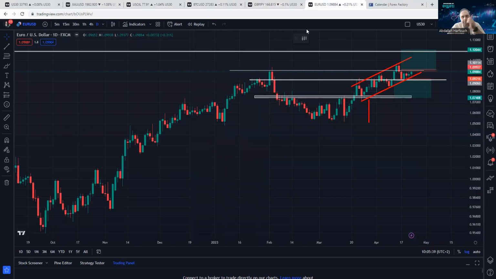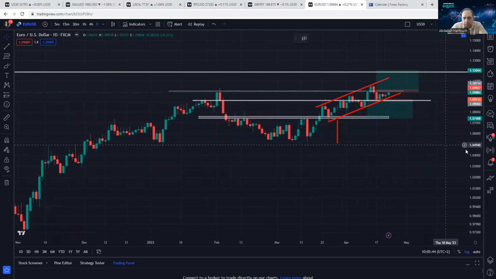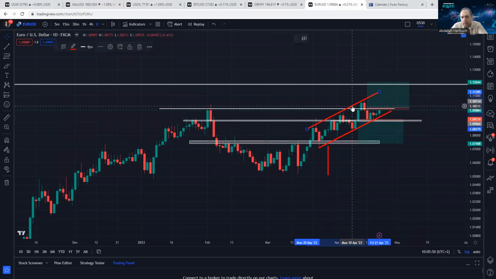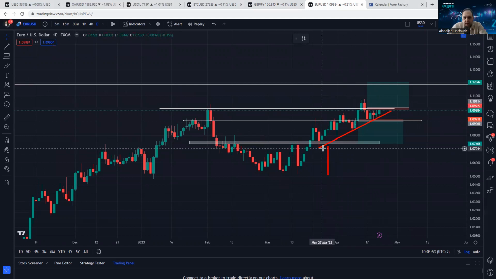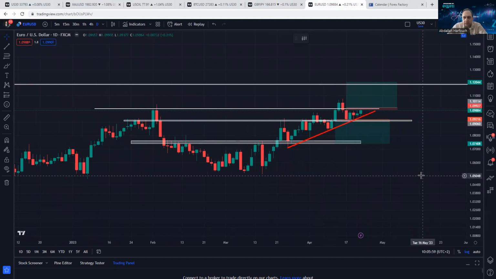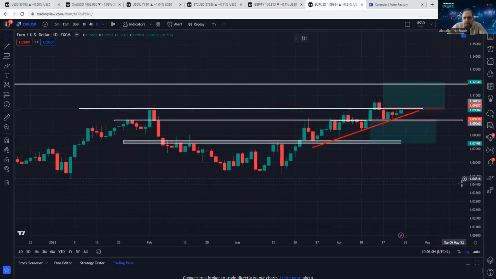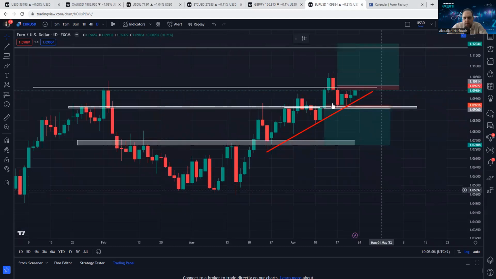Euro dollar, as you can see, it's working in a daily channel up direction. So look at this trend line. Low, higher, low, higher, low, higher. Every time it's hitting this trend line, it's pushing more up. 109.88. So now also we can handle the same buy if it opens, makes a wick down, and then starts to push up.